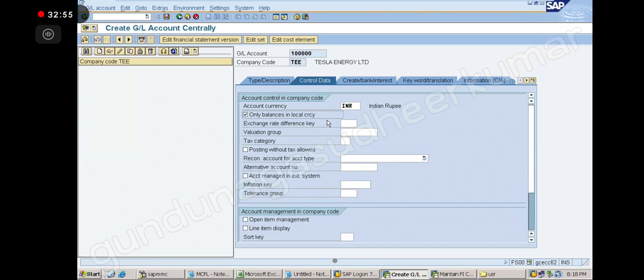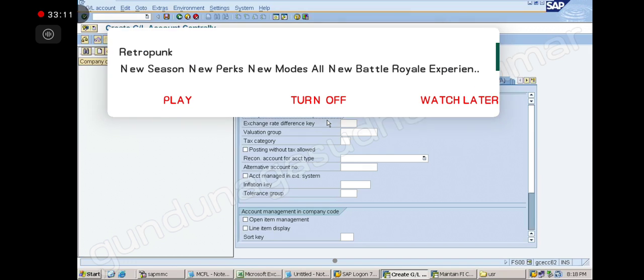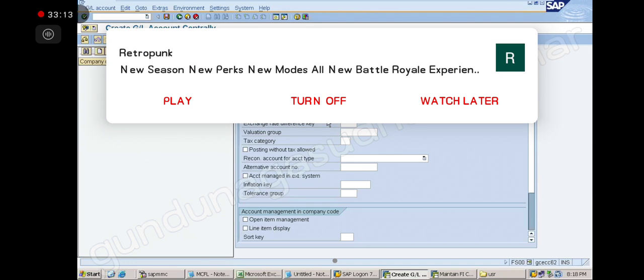It is better to convert it into local currency. What is my local currency? INR. So I am saying I want to see the balance in my own currency, local currency only. That is the use of this particular tick.